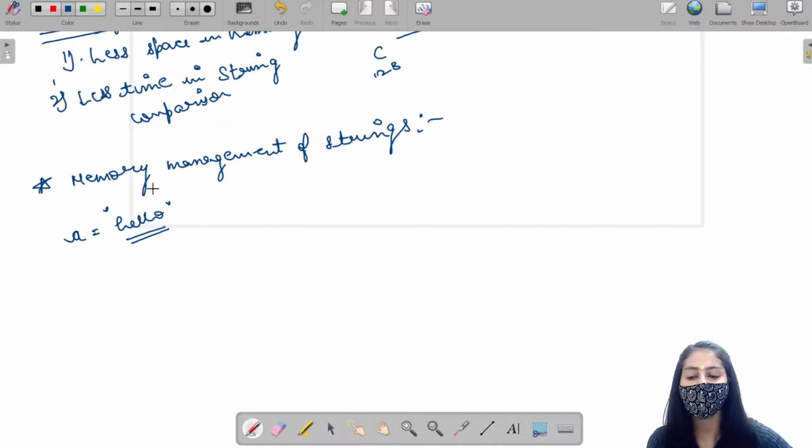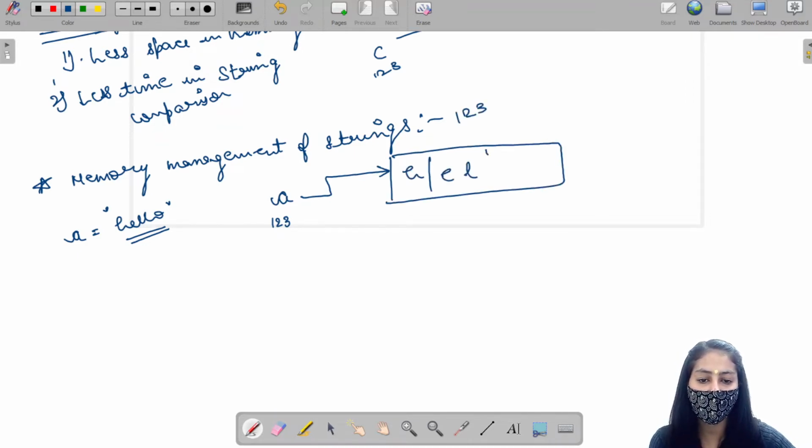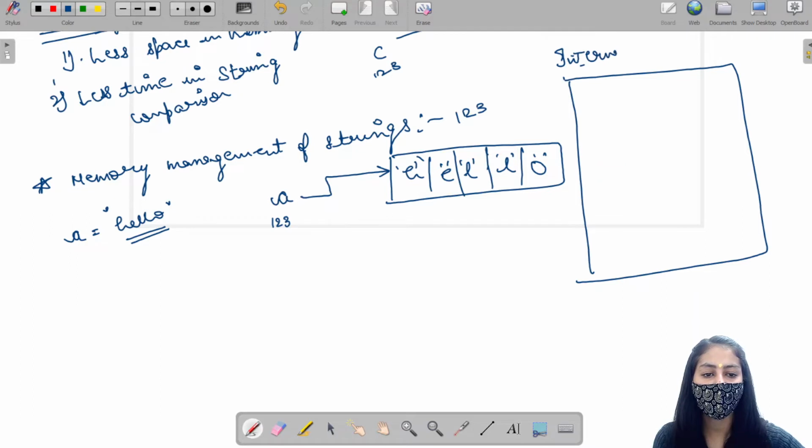Since it is not present, it will create a new object for this and store the memory address where it is stored. At 1 2 3, this object is stored like this, a collection of characters. Each of these individual characters is also going to be stored in memory. First of all, Python will create an intern dictionary.